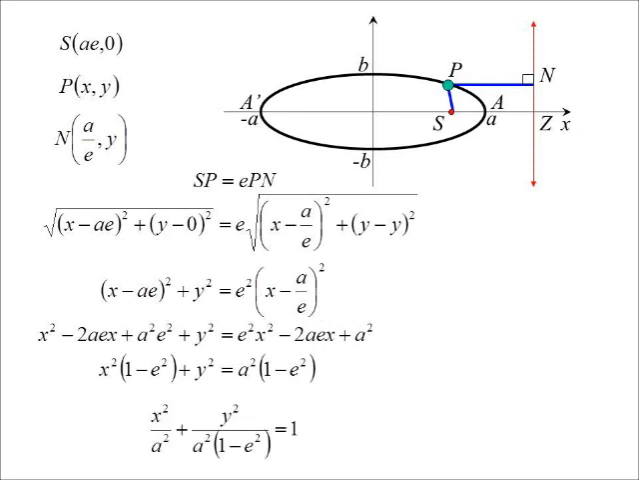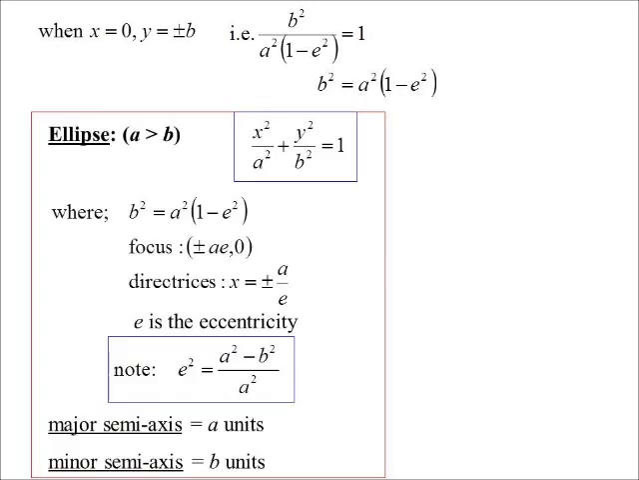There we go. x squared on a squared plus y squared on a squared (1 minus e squared) is equal to 1. But we can do better than that. When x equals 0, we know y is equal to plus or minus b. Well, if we sub that in, look what happens. b squared actually is equal to a squared (1 minus e squared). So the equation of the ellipse,